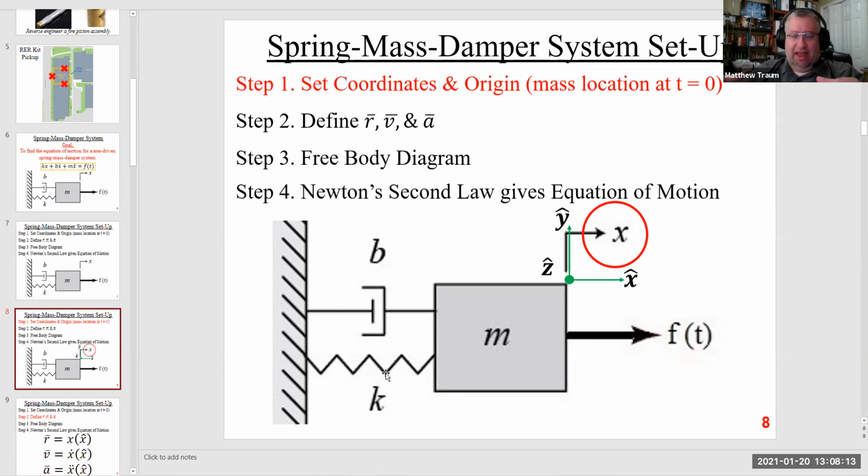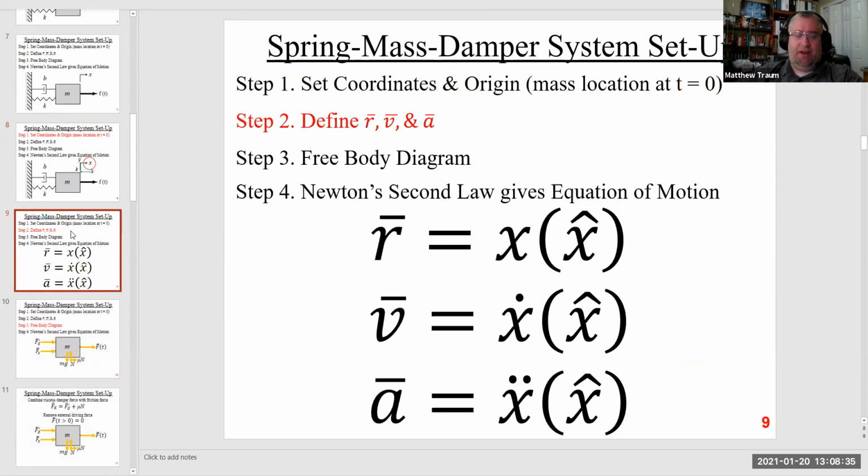It's at its rest length, and as a result, the force on this mass from the spring is zero. And so I'm going to set the origin at that top corner. So x hat goes off in the right direction, y hat goes up, and z hat is coming out of the screen towards us. So we've got Euclidean x, y, z orthogonal coordinates there. So got that figured out.